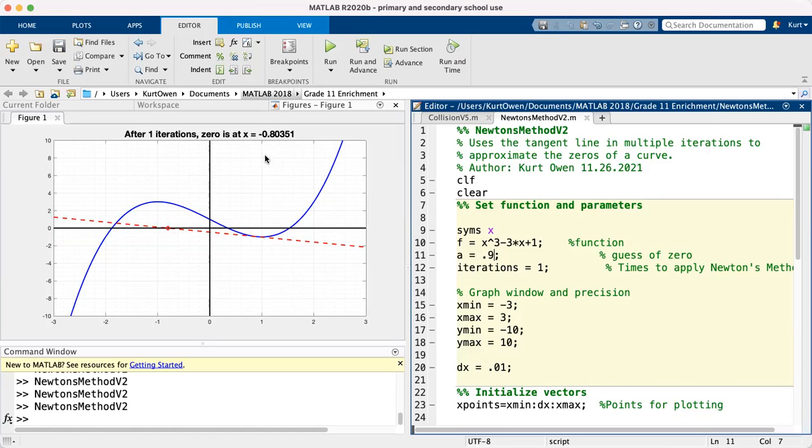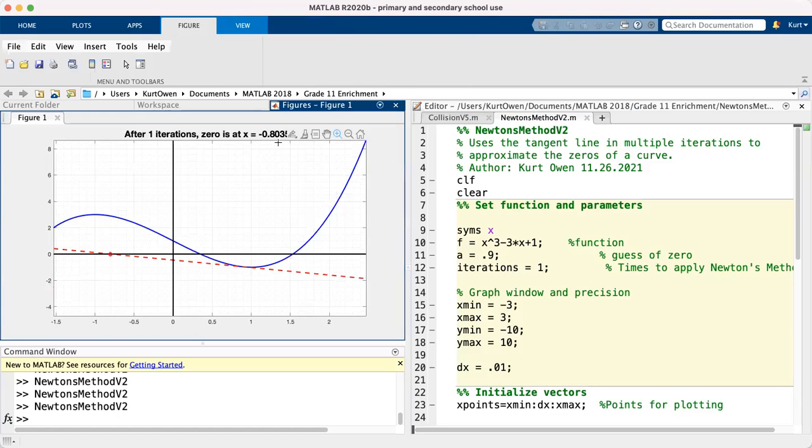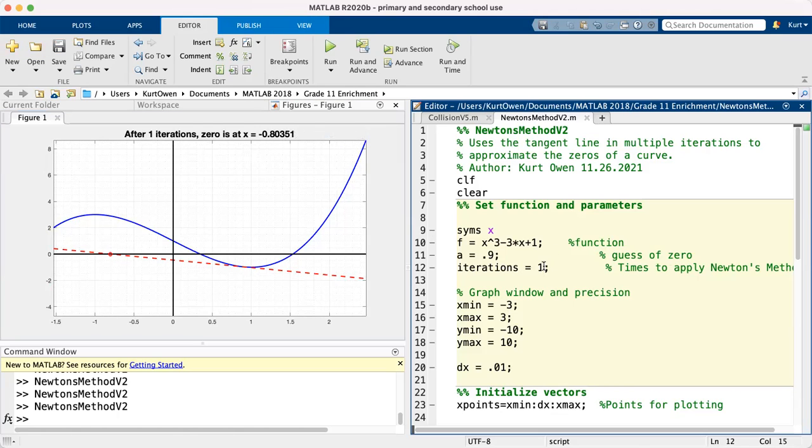Now we do get a 0, but there's a problem with this second 0. Okay, so we guessed that the 0.9 was where the 0 would be, but it tells us using Newton's method that it is over here at about -0.9. There's a problem with that. That's not very close to the 0 we're trying to find. So what's going to happen is we'll get another tangent line starting at around, well, actually, you can see up here at the top, the number is -0.8. Okay, so if we do 2 iterations of it,